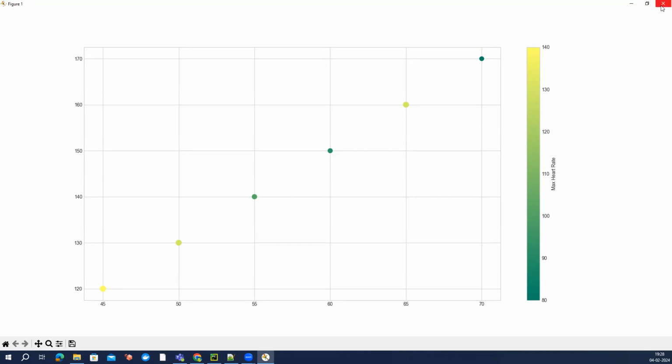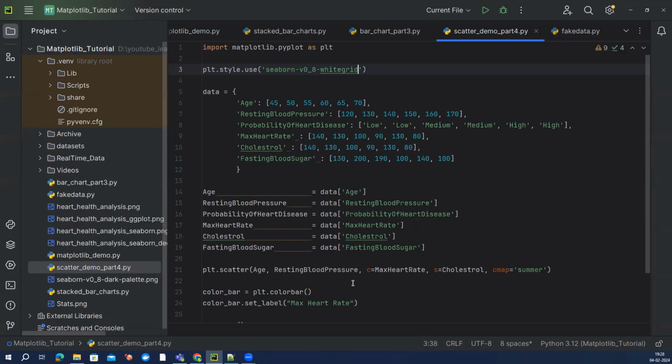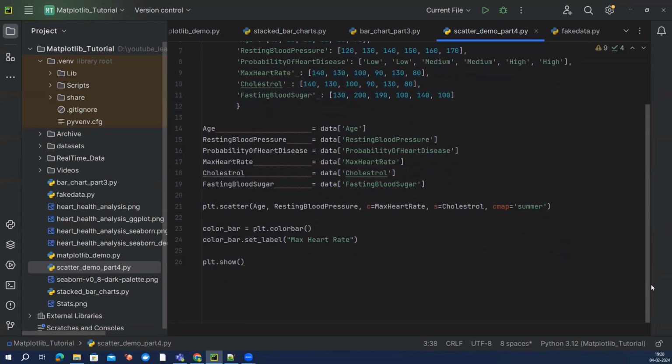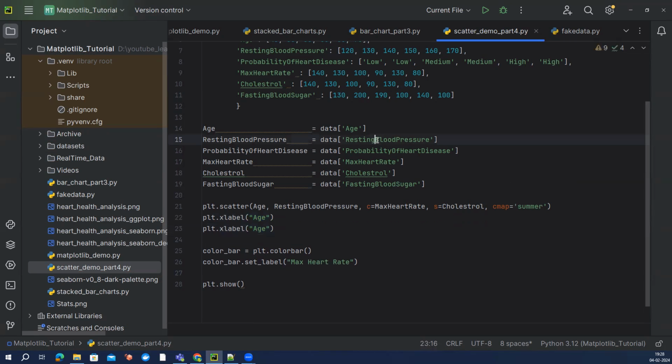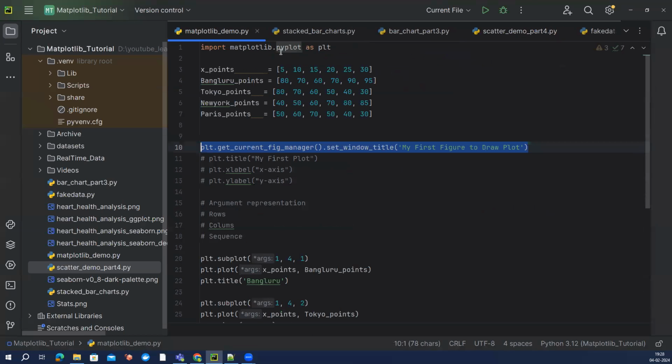Max heart rate. And a few things you can also add to this are your X label and Y label, which I almost forgot to add. X label, right? We can say for the X label we have age, and for the Y label we have resting blood pressure. Okay, and what else? We can say the value of